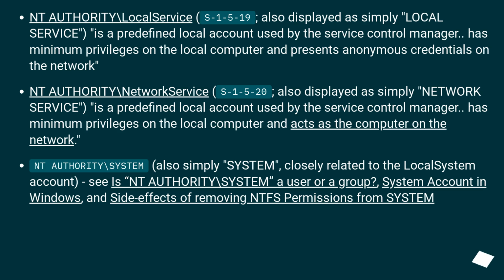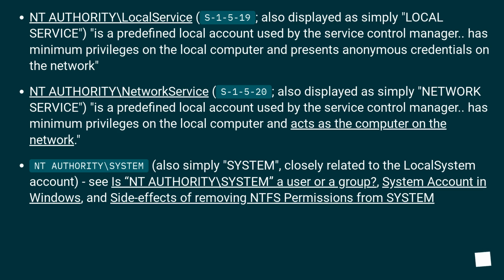NT AUTHORITY / LOCAL SERVICE, S-1-5-19, also displayed as simply LOCAL SERVICE, is a predefined local account used by the service control manager. It has minimum privileges on the local computer and presents anonymous credentials on the network. NT AUTHORITY / NETWORK SERVICE, S-1-5-20, also displayed as simply NETWORK SERVICE, is a predefined local account used by the service control manager.